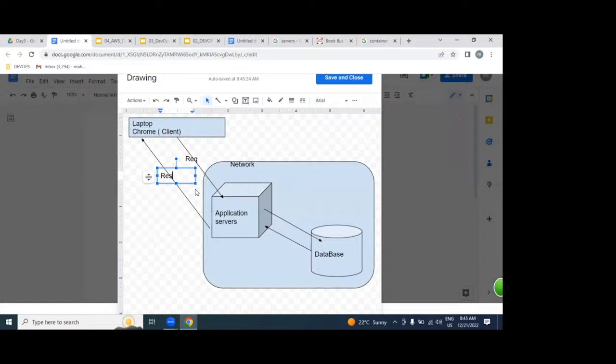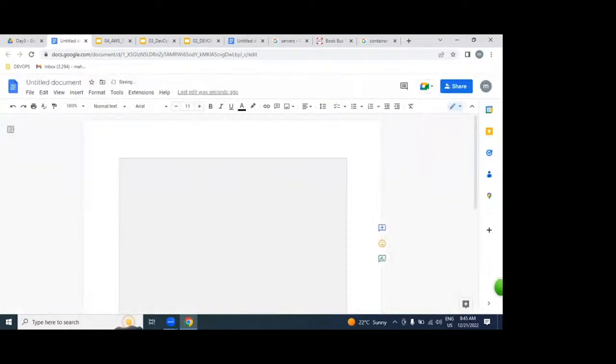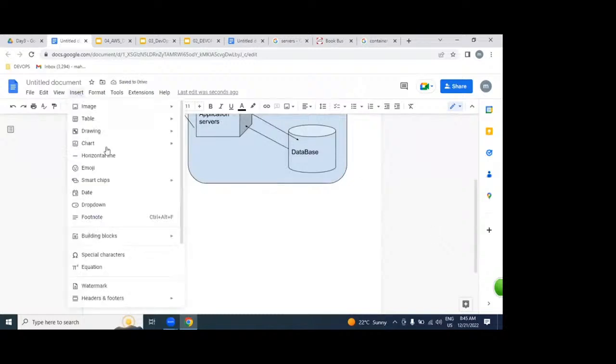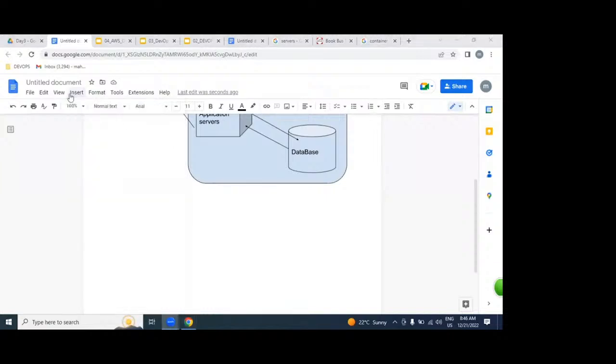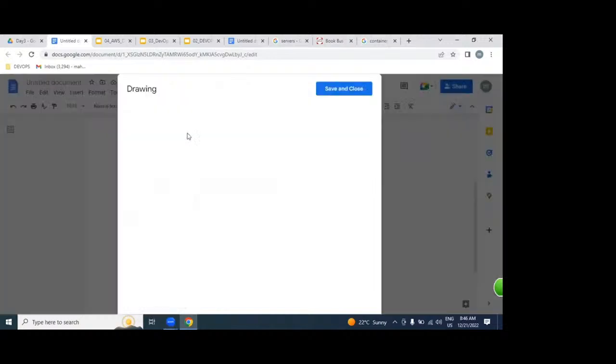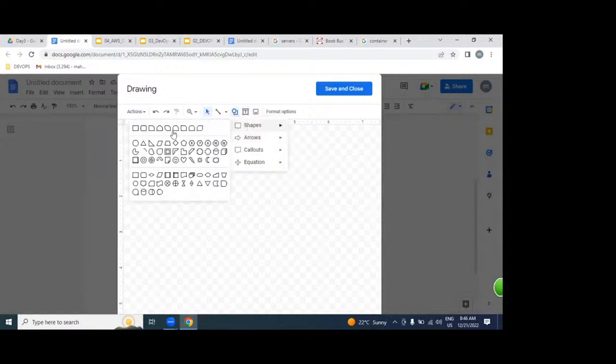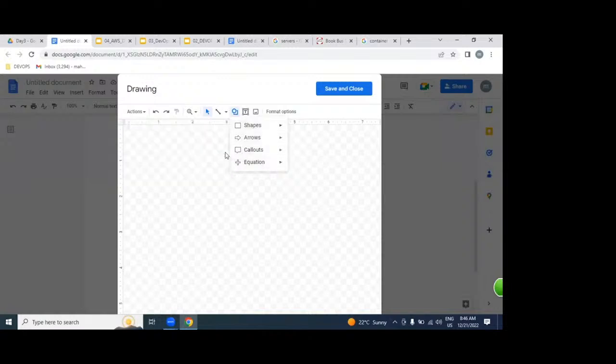So if you want to establish this diagram, we require a server or not? What is a server first? What exactly is a server, please? Server contains what exactly? Which are all the components available in your laptop? The same components are available in your server also. But how many layers do we have in a server, please? How many layers, guys, please?